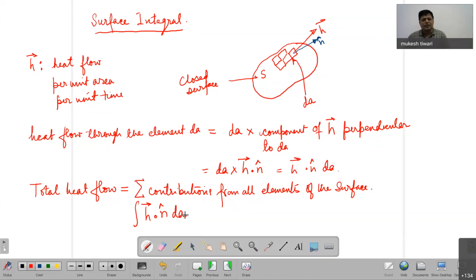And write it in the following way. Let me put an S over here to indicate that this is a surface integral. You understand that this is a two-dimensional integral now, compared to the previous one, the line integral, which was in a single dimension. So you can write it as a double integral, dA, where if one dimension is x and the other is y, so it's some change in x and some change in y, you can write it as dx dy. Okay, so this is the physical idea